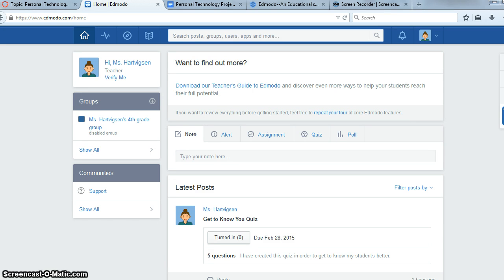Okay, so the technology I chose to explore for this assignment is Edmodo, which is a social networking site for education. So as a teacher, you can get a profile like I did, and you sign up online, and then you can connect yourself with your school that you have. So if I go to my profile here,